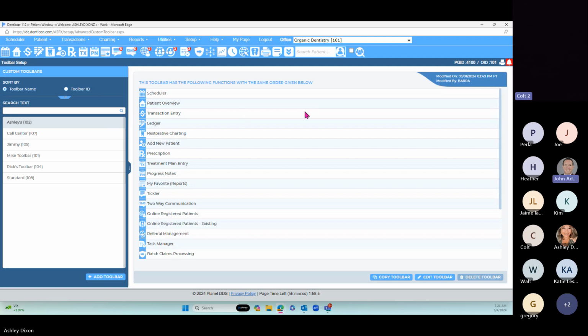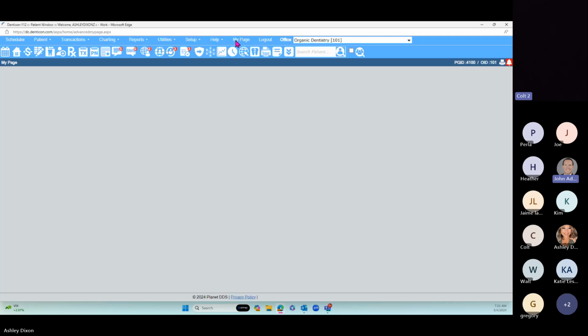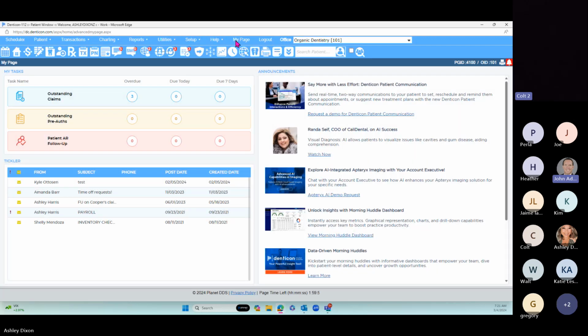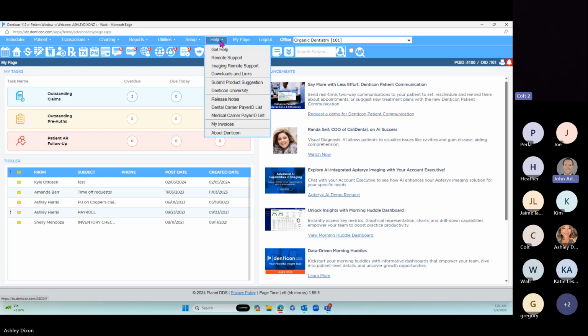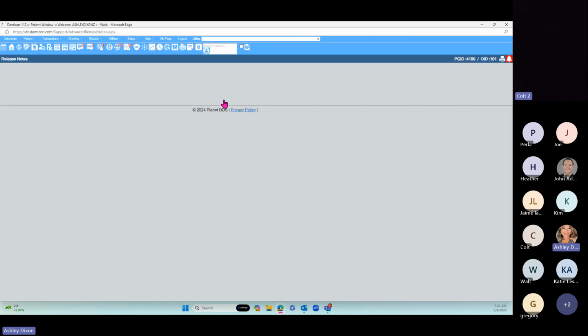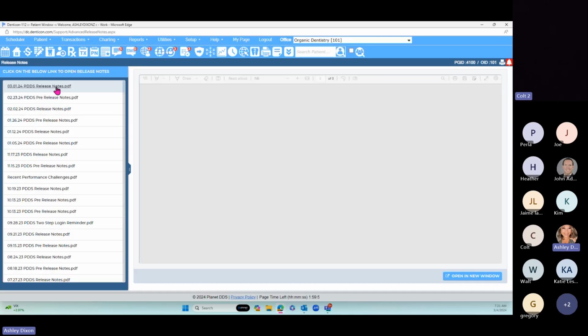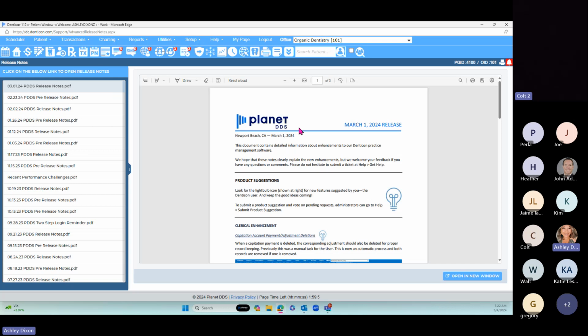Ashley, I was going to say real quick, show them. I know it pops up now when they log in, and on the right it'll be like announcements and things. Show them where the release notes are, and make sure everybody knows the help portal, which is basically a Denticon Google if you've never used it. So under the help dropdown, you have release notes. There was one for today. I have already opened it, so it's not going to appear again, but it's basically showing you what got released